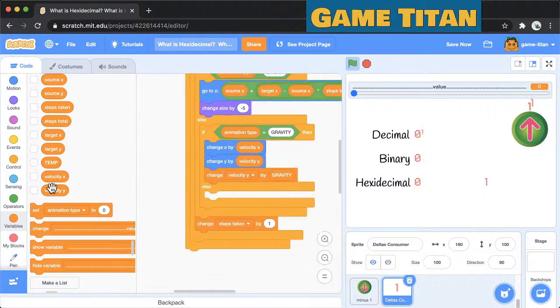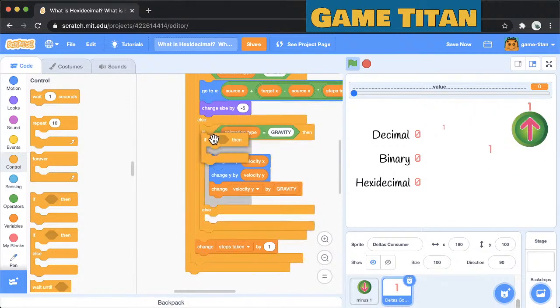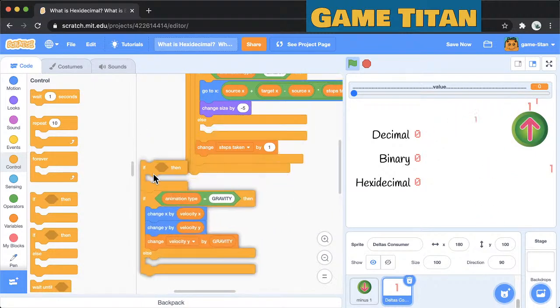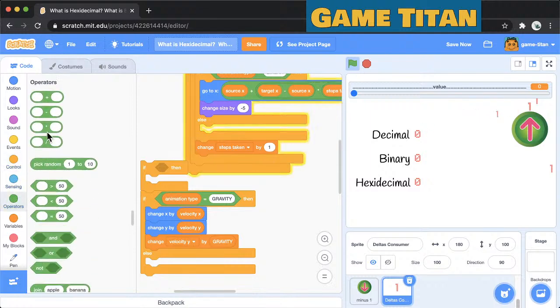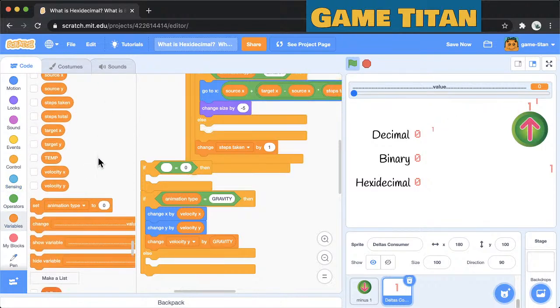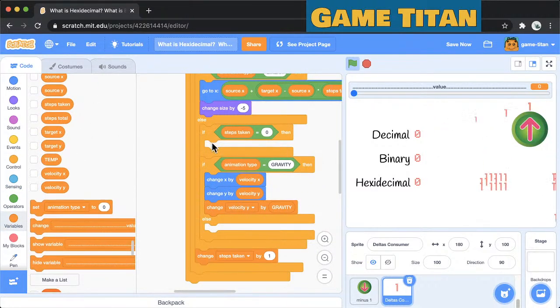So we can say if steps taken is 0, steps taken is 0, then go to